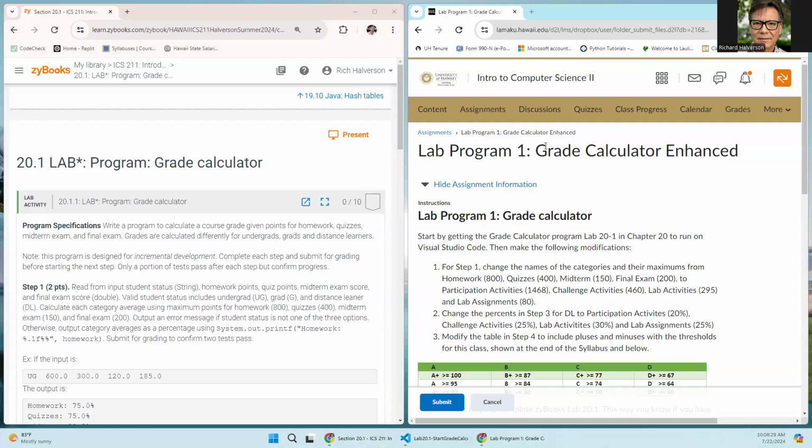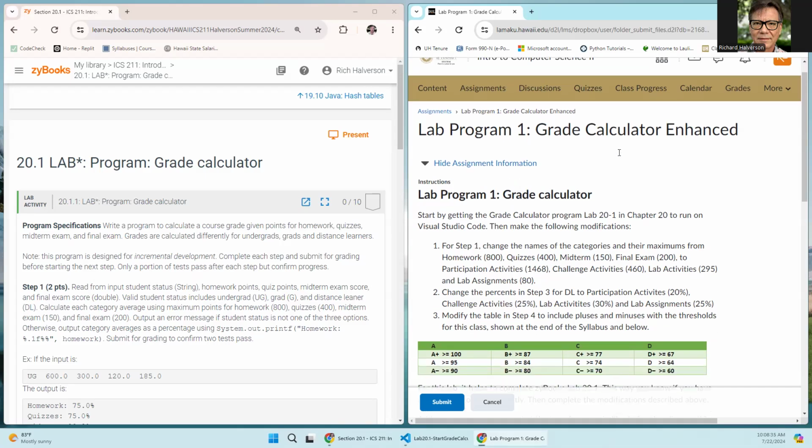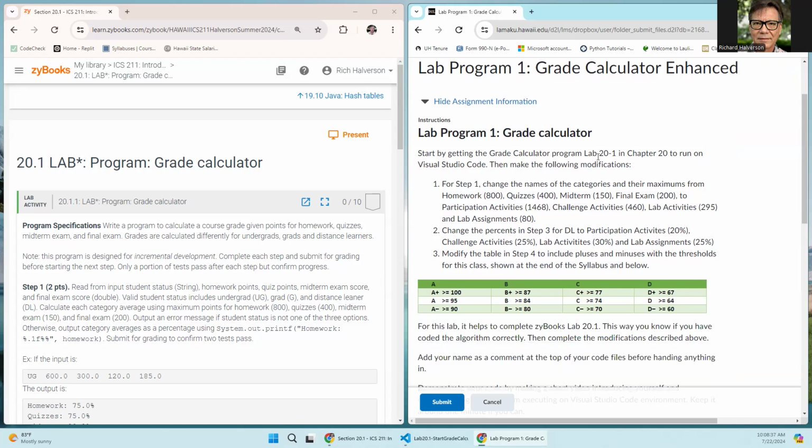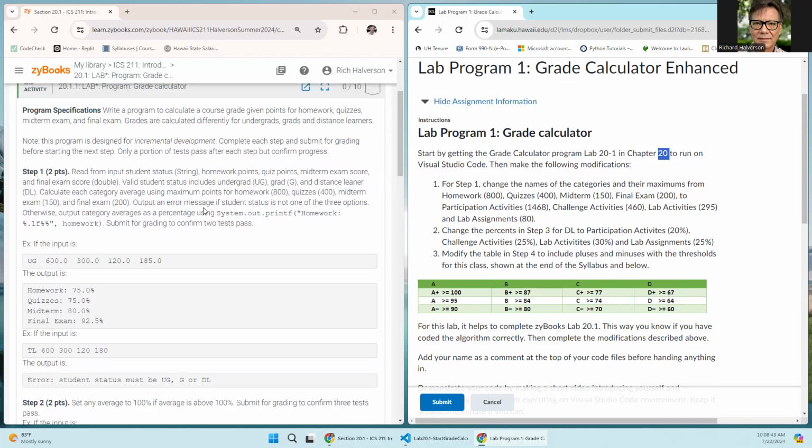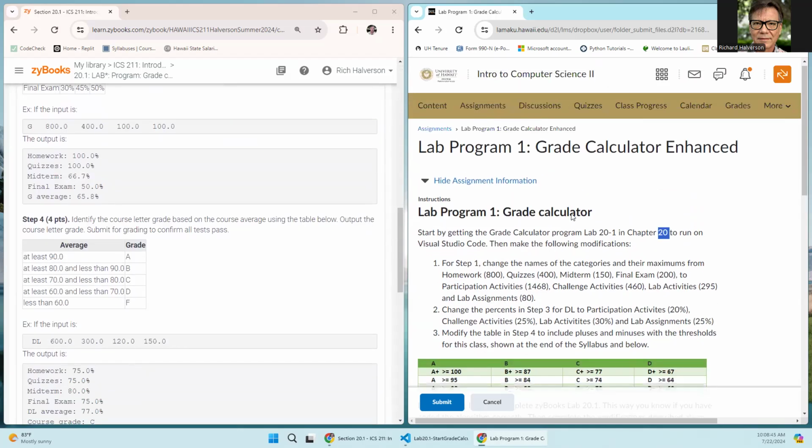So let me share my screen. All right, so on the right here, I have the assignment, lab program number 1. And what you're supposed to do is start with lab 20-1 in chapter 20, and that's what I have here on the left. So start with that. And once you get this running, then make